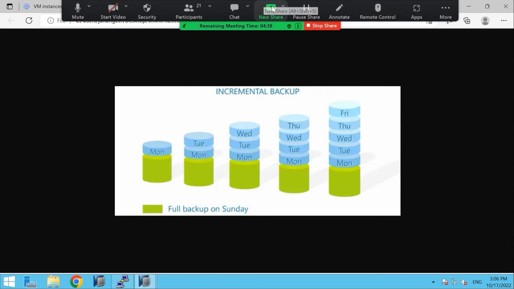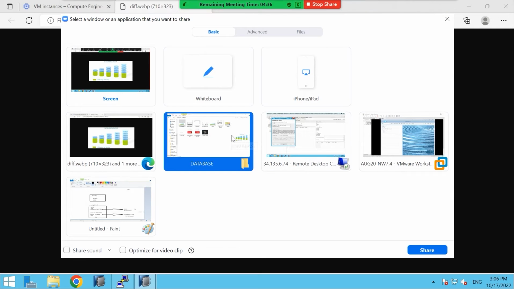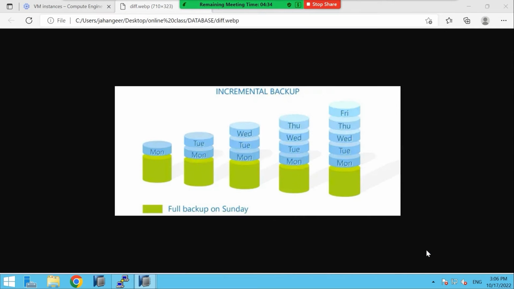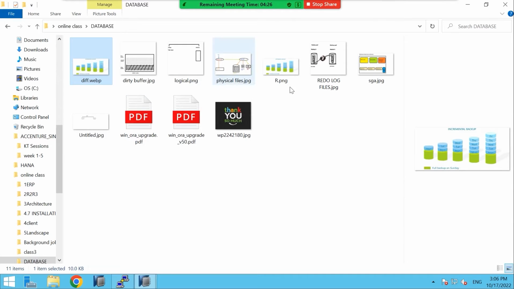Yes. And differential backup means what? Differential backup means backup after successful full backup. When you have taken full backup, for example, I have taken